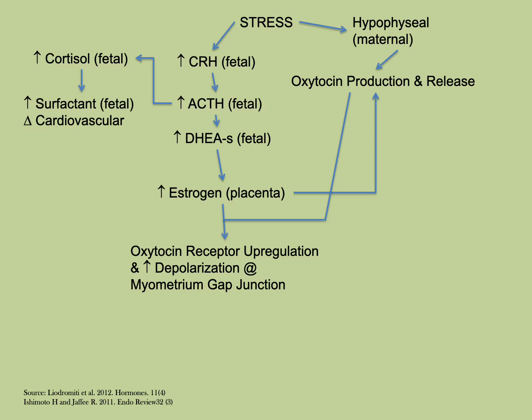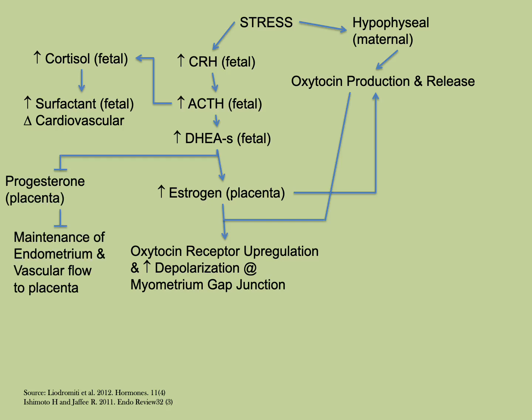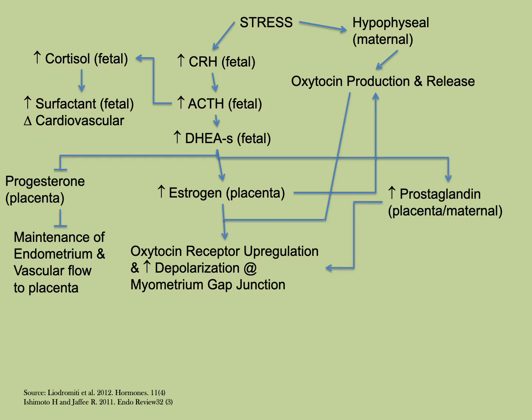So we've been building up oxytocin, building up oxytocin, building up oxytocin. As soon as estrogen washes into the area, all of a sudden we get this stream of oxytocin going into release. When we combine oxytocin with estrogen and secondary signals from a reduction of progesterone and increase of prostaglandin, we start to increase the rate of depolarization and have continuous upregulation of oxytocin receptors at the myometrial gap junctions. The reduction of progesterone and the increase of prostaglandin, both from the maternal side as well as from the placenta,